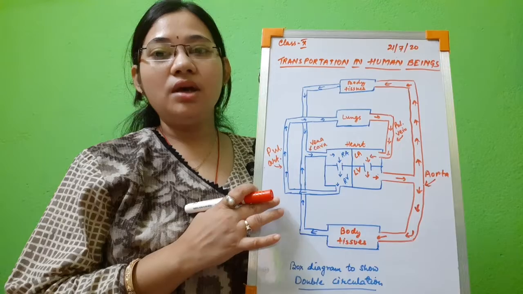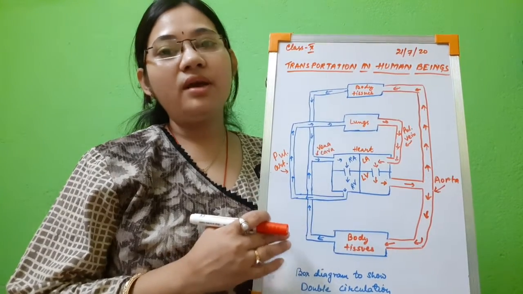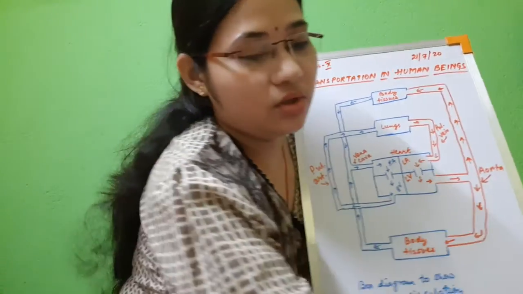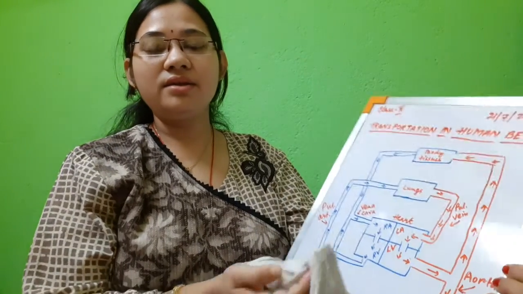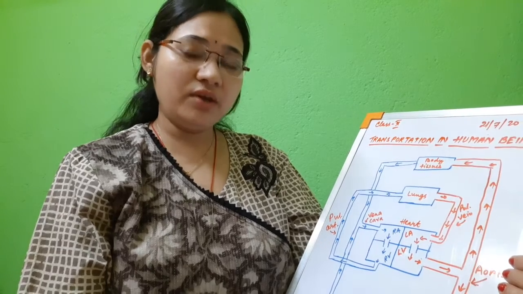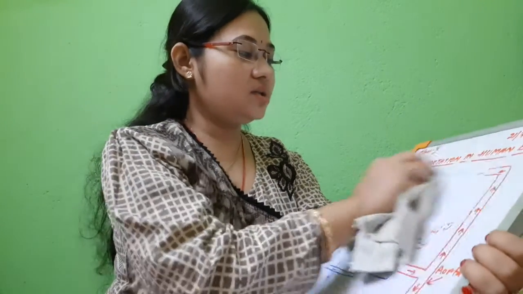I will upload the summary of this part. You will go through it, and please draw the diagram that is given in our NCERT book. Now let us see one very short topic, that is the number of chambers of the heart present in fish, amphibians and other vertebrates. Let us quickly see the number of chambers.